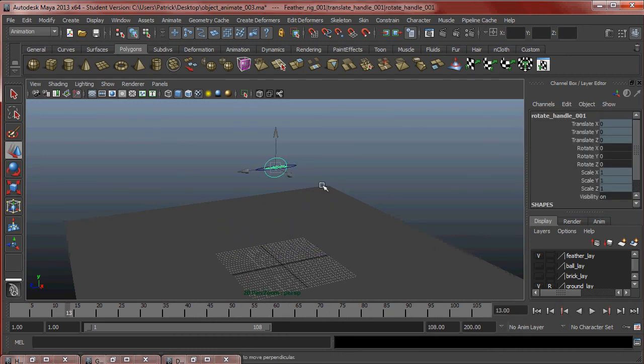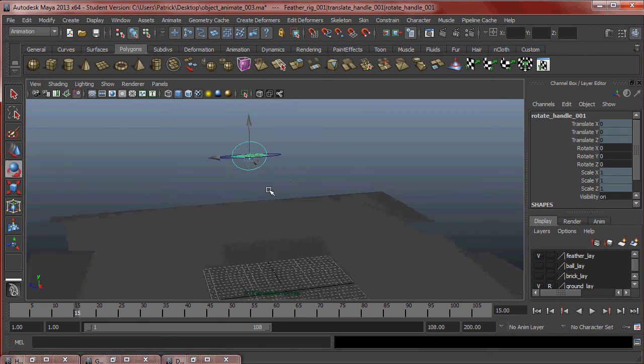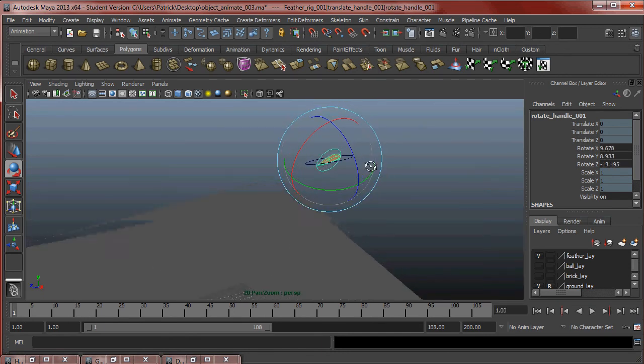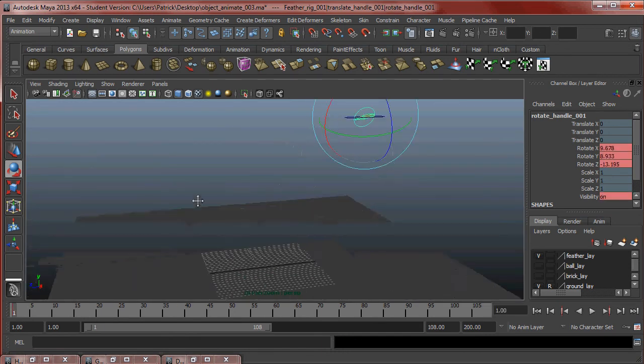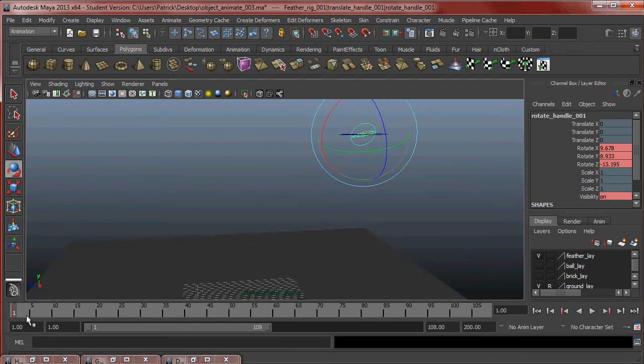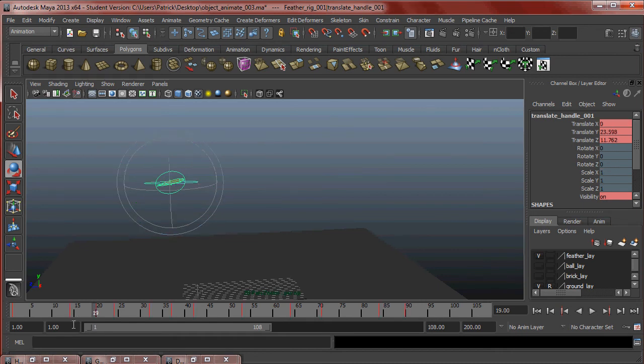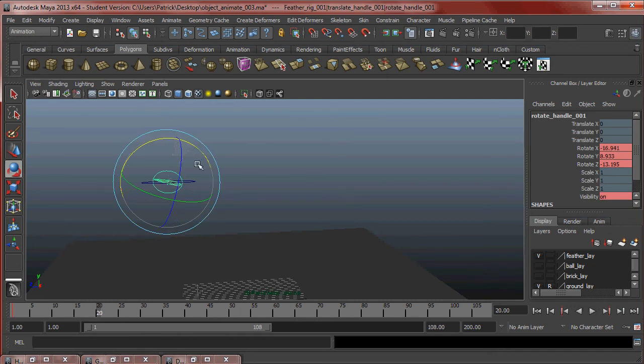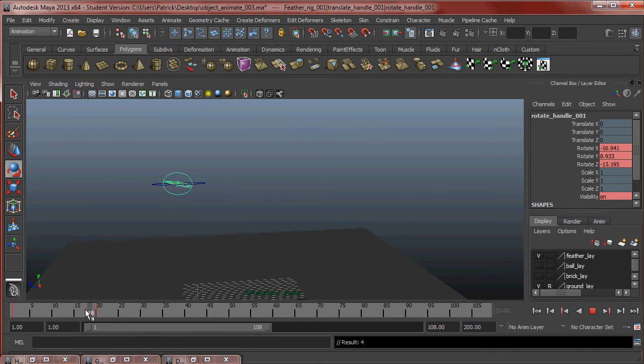So let's look at my rotation now. Shouldn't be too hard to do the rotation on this. We're just going to have it rock back and forth like a little leaf would. So I'm going to start out at a weird angle here. So as it travels to the right, boom, and we can always see where we change direction. So at this point right here, my leaf should kind of tip up like that. It's just swooping. And then at this point,